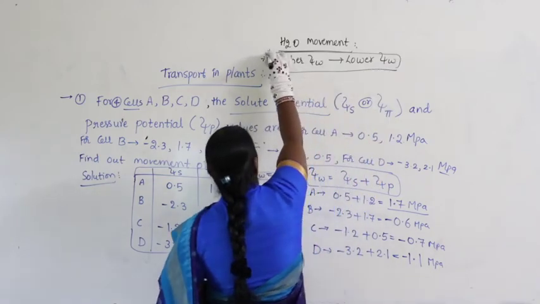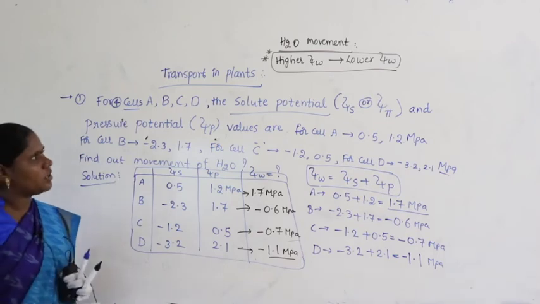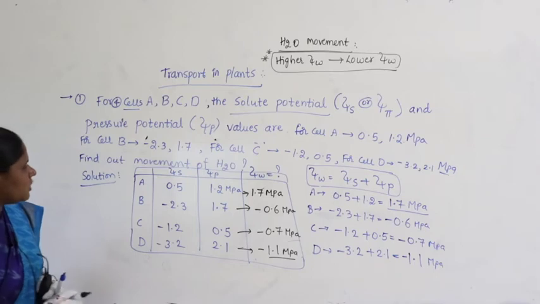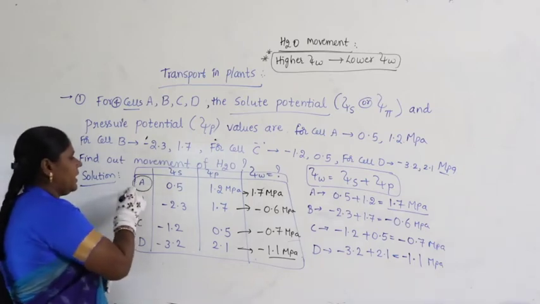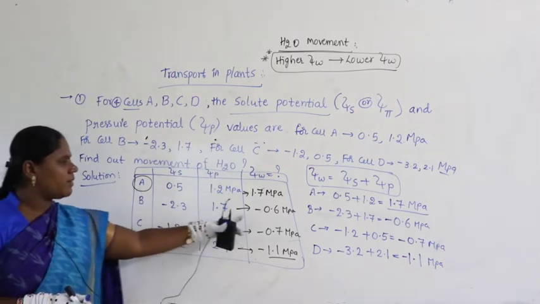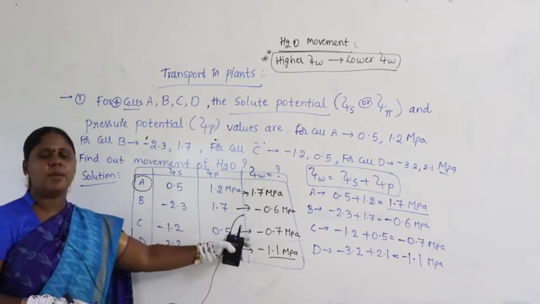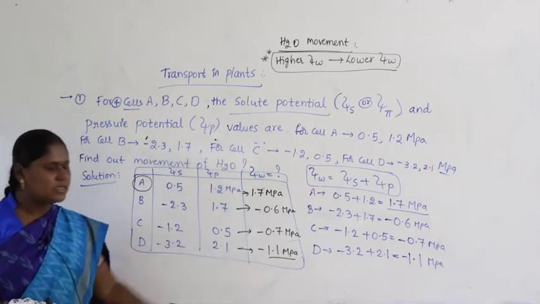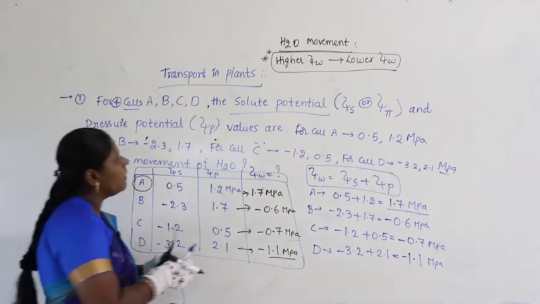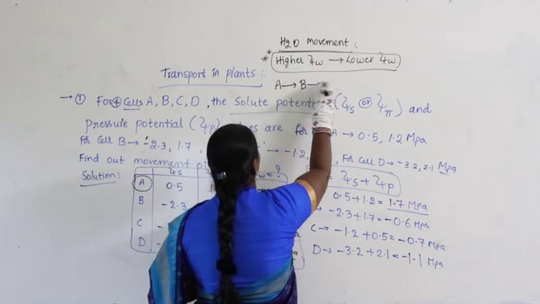Very important, right. It always occurs from higher water potential to lower water potential. That means which has the higher water potential? Let us take cell A. Then which is next highest? We take minus 0.6. Then next highest water potential, minus 0.7. Next is minus 1.1. That means here the movement of water occurs from A to B, B to C, C